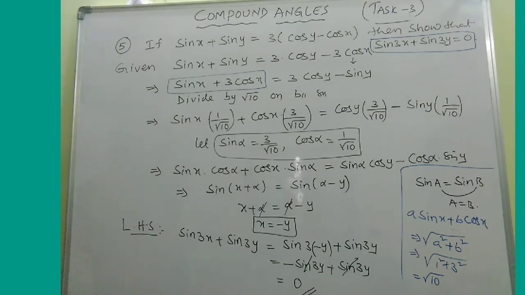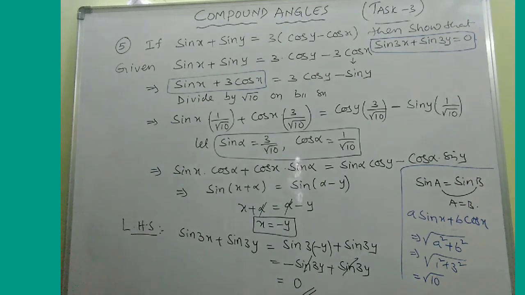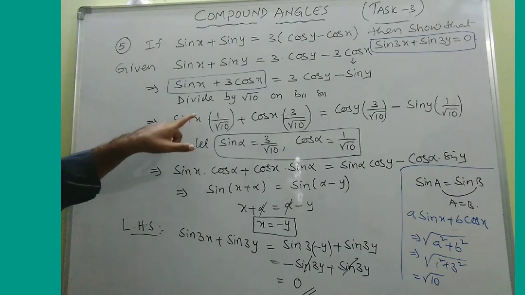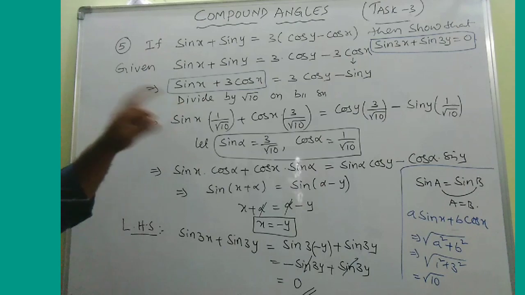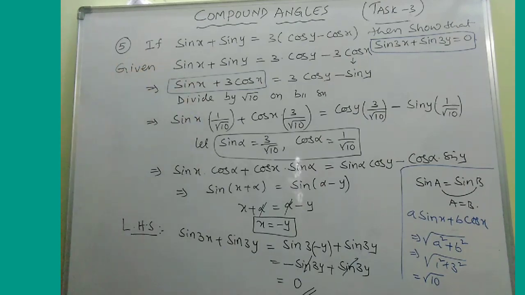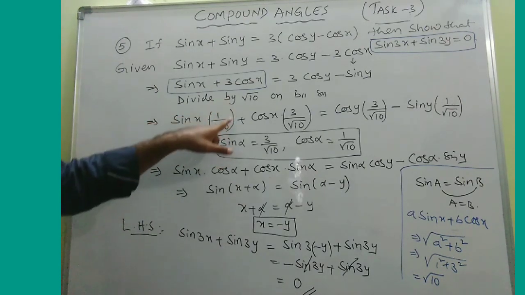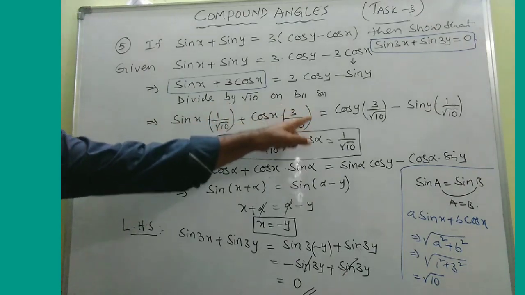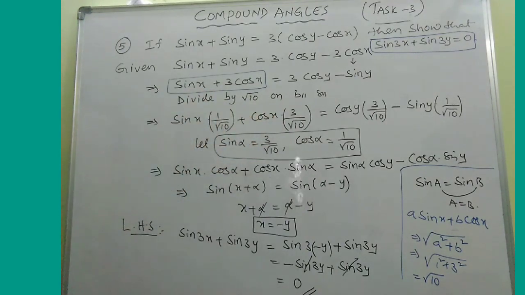Okay. So actually my intention here is that I want to arrange this into the form of, using the compound angles concept, either sin of a plus b or sin of a minus b, cos of a plus b or cos of a minus b, right? So clearly this is in the form of sin a into something. If this can be expressed in terms of cos and this can be expressed in terms of sin, then this whole thing can be written in the form of sin of a plus b.